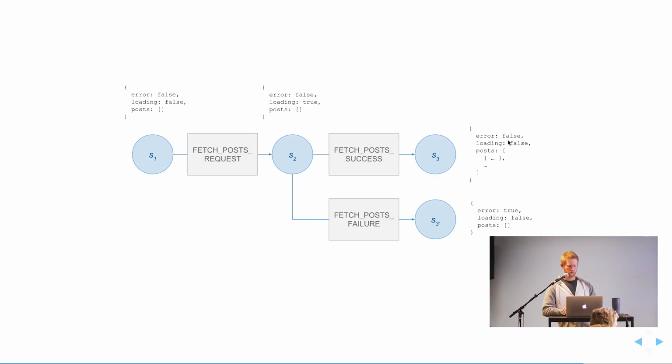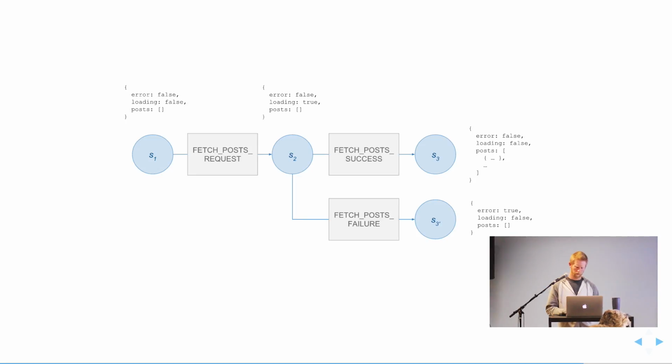So in this case we have no error, we're not loading, and we have a list of our posts. In the alternate universe where our request failed, we can issue the failure action, and that will pass through the reducer,